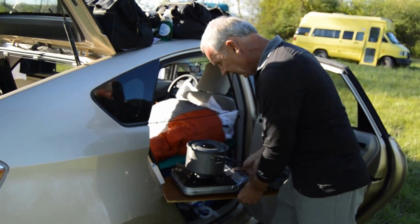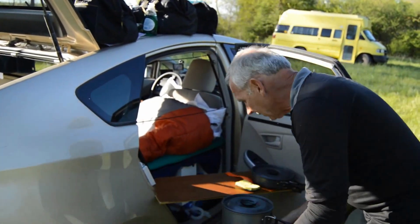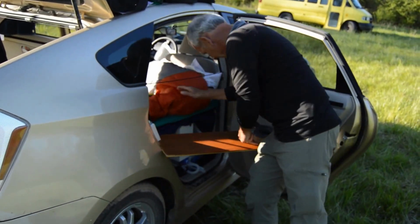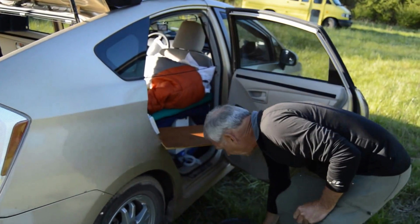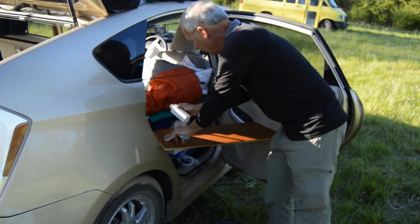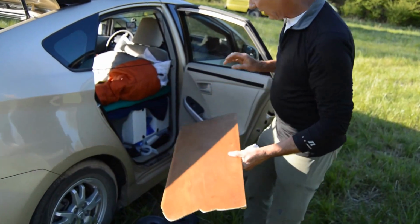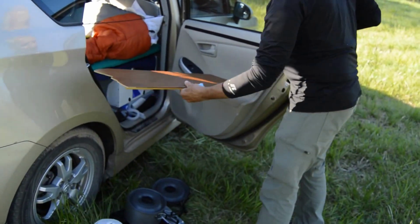And the Prius just shut itself off after it built up the charge. I designed this table such that there is no legs and very little anything. Wow. It works on the spring of the door. So the door, I designed it so that...